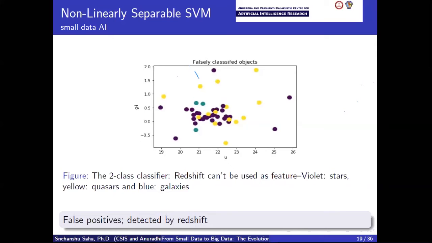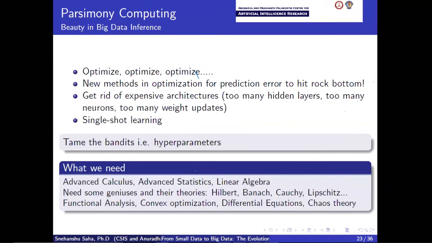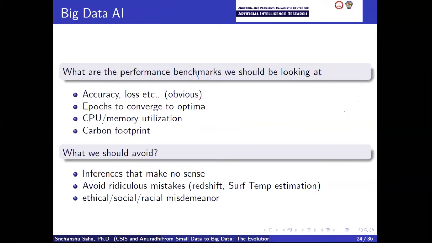So what's wrong with that? What is wrong is that if you really use redshift as a dimension to separate your stars and quasars, you actually don't need a machine learning engineer or scientist. You hire an 8th grader and ask him or her to look at the values of this redshift, and he or she will be able to tell you which one is a star and which one is a quasar. So that is wrong. And believe me, there are actually papers published in really top journals using redshift as a training feature.